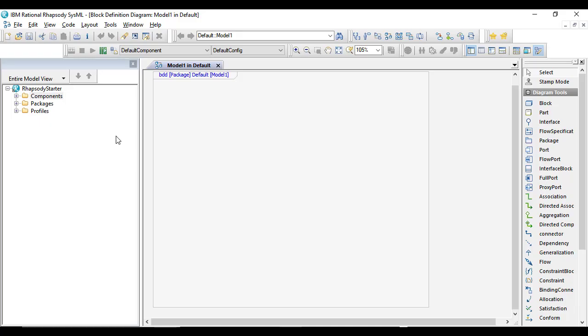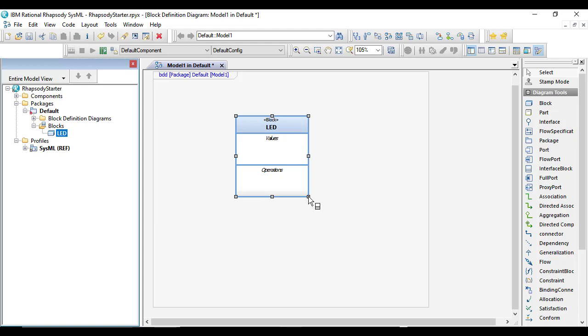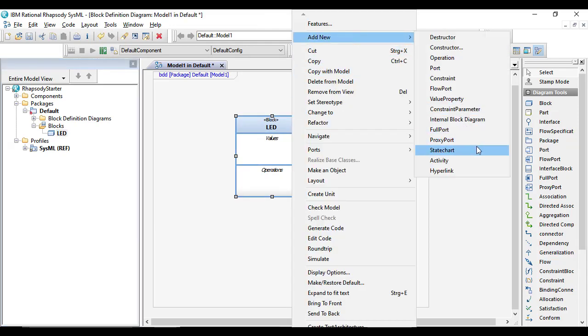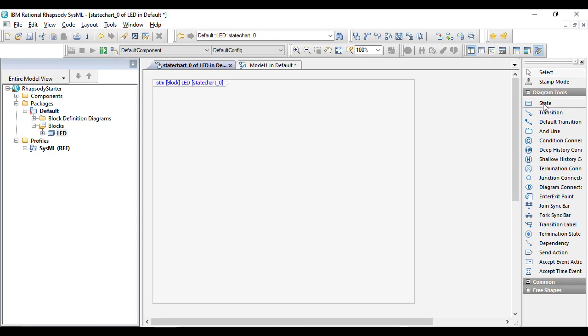To test the environment, I will use an initial Rhapsody project in SysML as an example. First, I create a block, for example an LED block, and add a state chart to it. Our LED can be on and off.